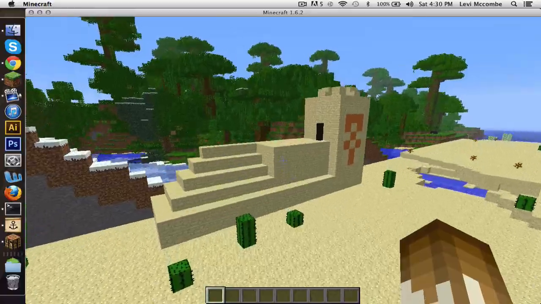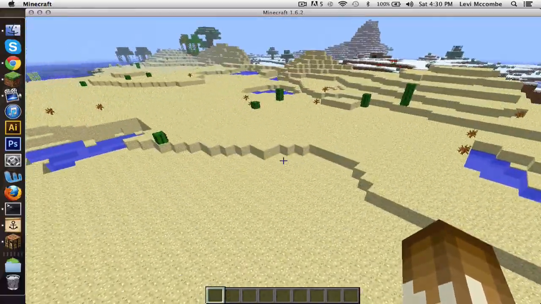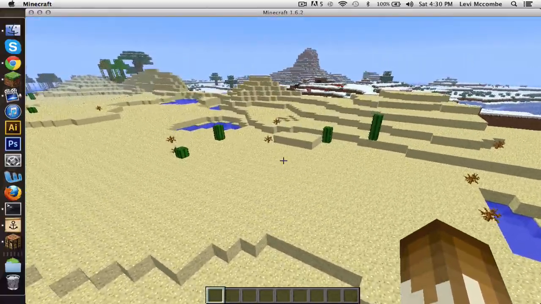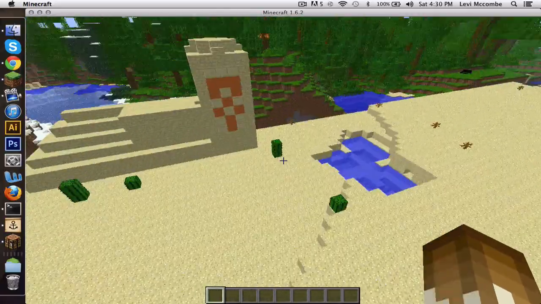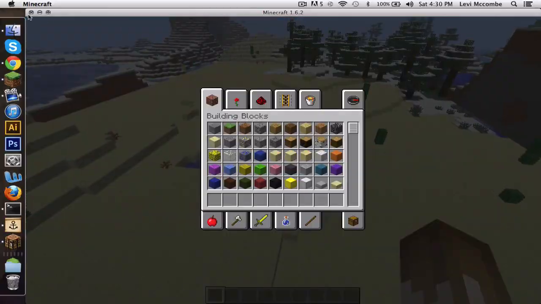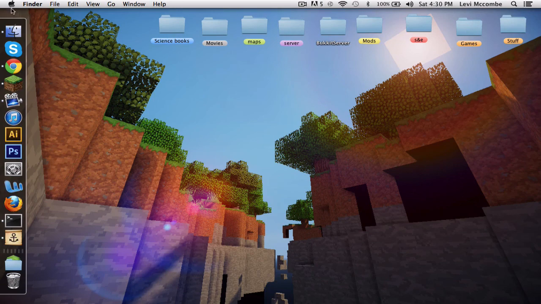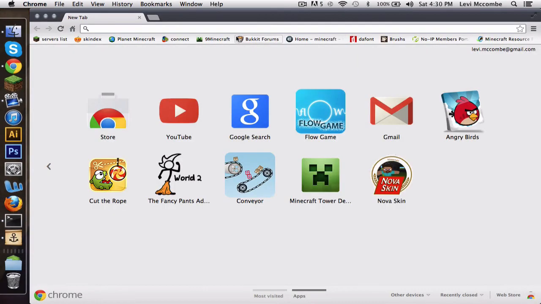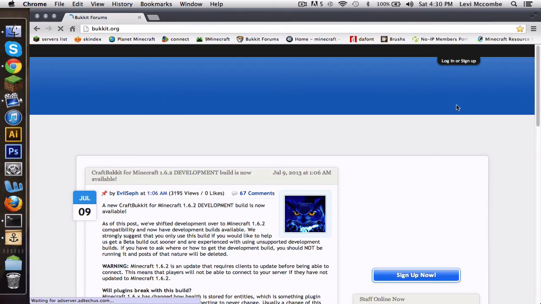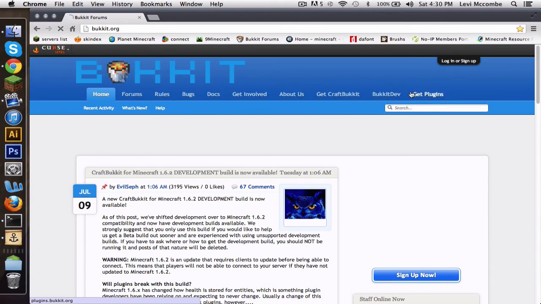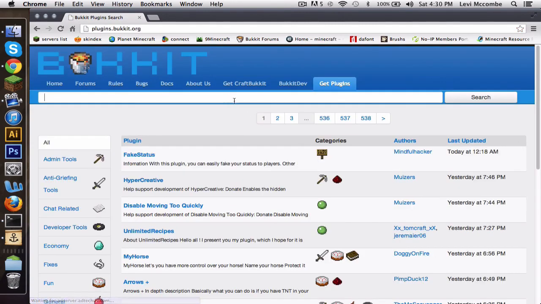That's part 2 of how to set up a server. In part 3 I'm going to go through how to use PermissionsEx. Oh yeah, I forgot to put the PermissionsEx plugin on. So you're going to go to Bukkit forums and go to get plugins. You just search PermissionsEx